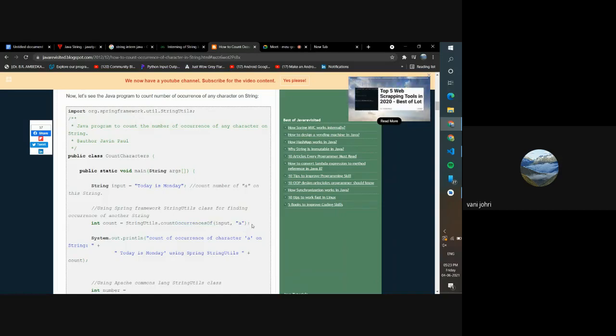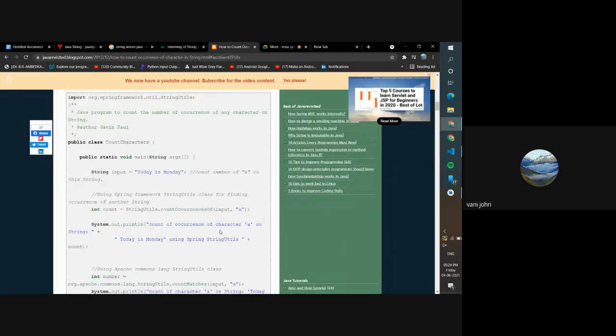So this is a really easy way. This is where all the knowledge of what you can use for a certain thing comes in handy. If you know you can use StringUtils, you just use it. Otherwise, you have to write this whole long program. So you just write StringUtils. First you import it and then you write dot countOccurrencesOf, and then you give the string, and then you give the character whatever you want to be counted, and it gives you an integer value in return, which is the number of how many times that certain character occurs.